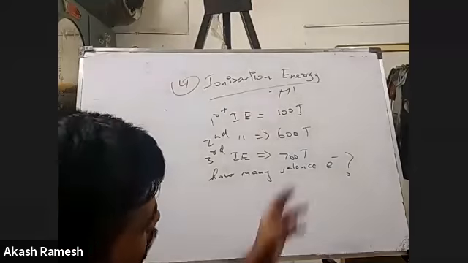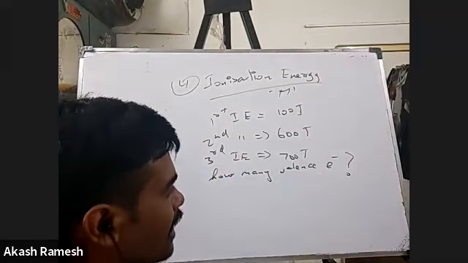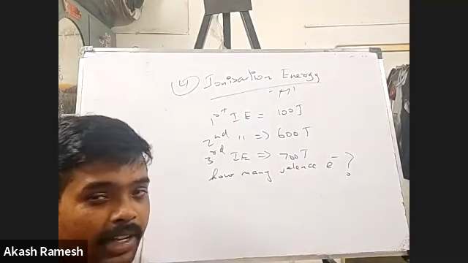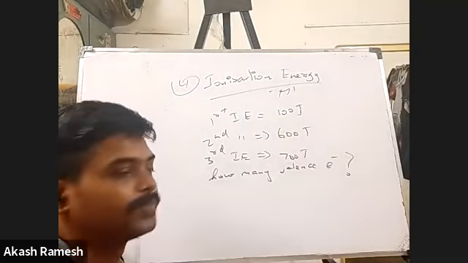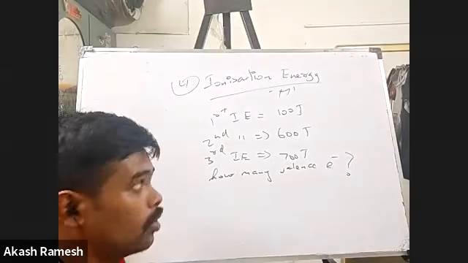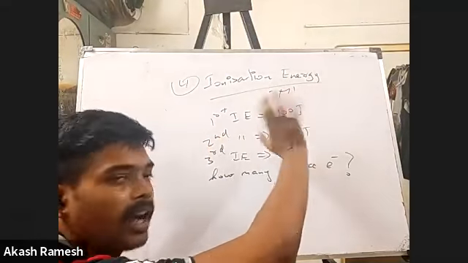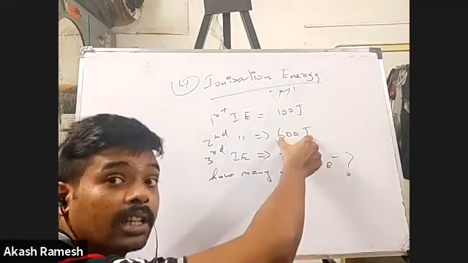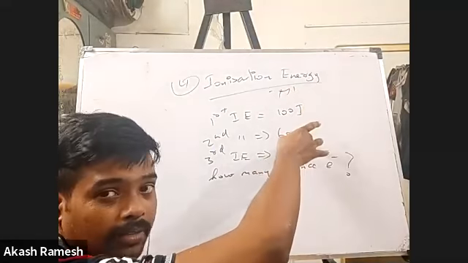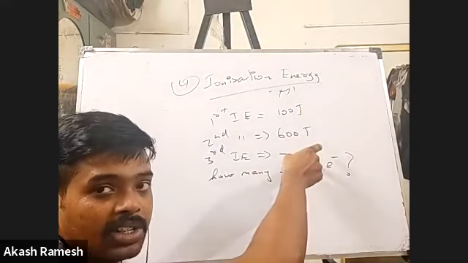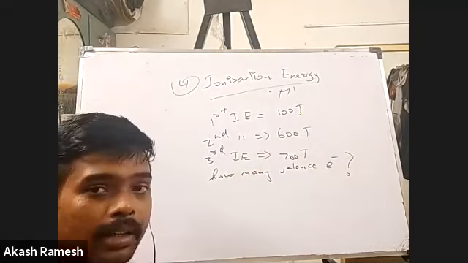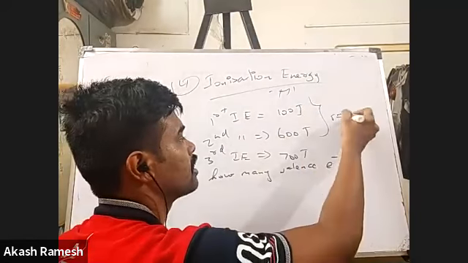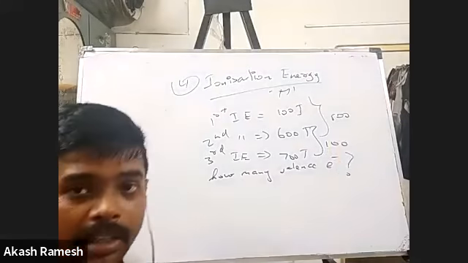Now look at this. Look at the values here. You cannot say just because 3 ionization enthalpies are given, 3 valence electrons are there. We cannot tell like that. You have to look at the values. The first ionization energy is 100 joules. But look at the second ionization energy value. It is 600 joules. I'm going 6 times the value. And again, look at the third ionization energy. That is again coming back to a very small increase. Only 100 is the increase. Here 500 is the increase.